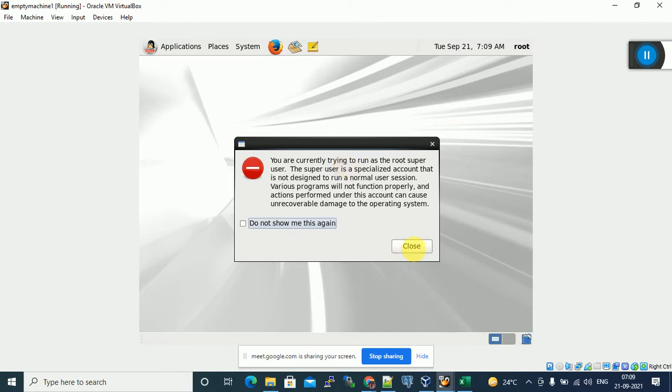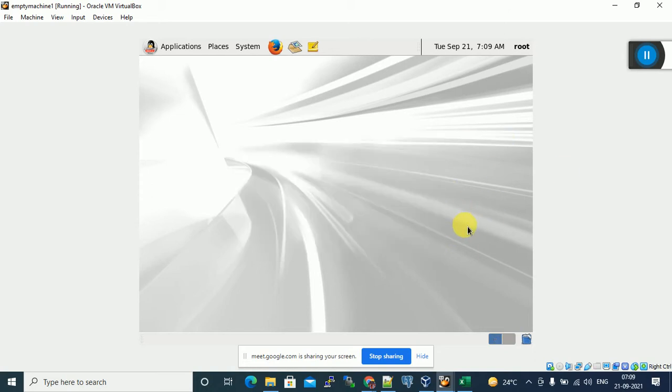Click on close. Here you can see, the first time there is no terminal on the desktop.